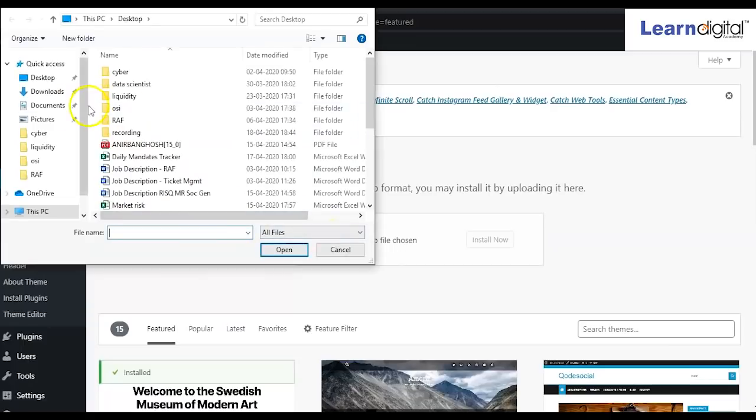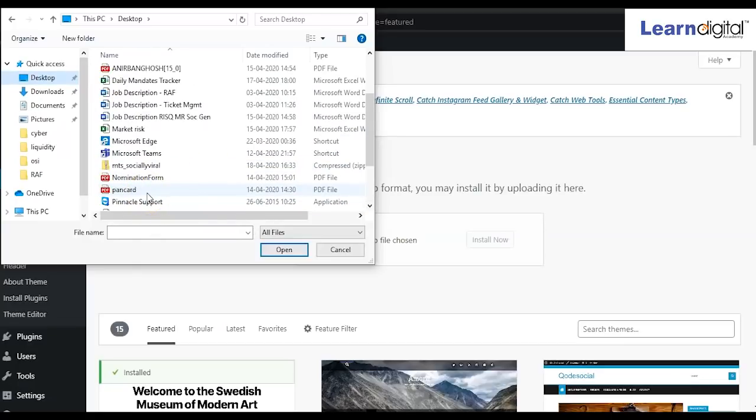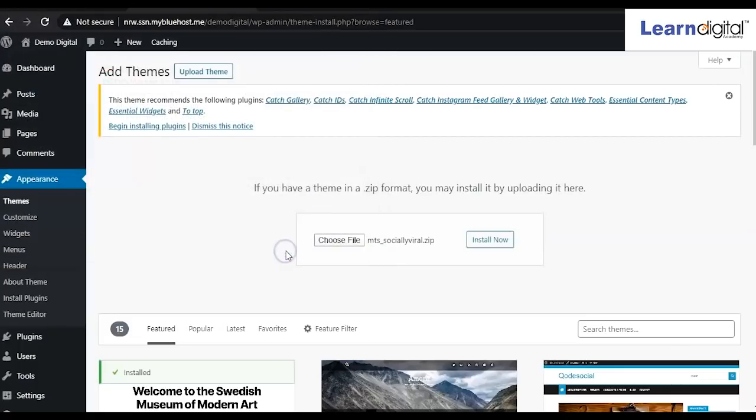So from here I'll search for that theme, right? The theme is MTS socially viral. You can see this is in zip file. So I'll select this, click OK. Now it has been selected.